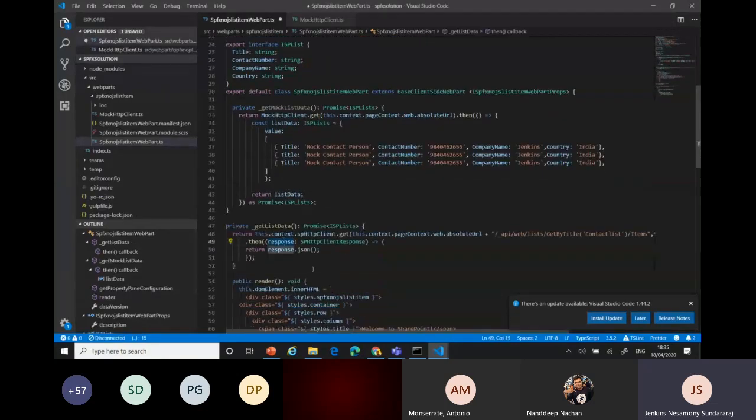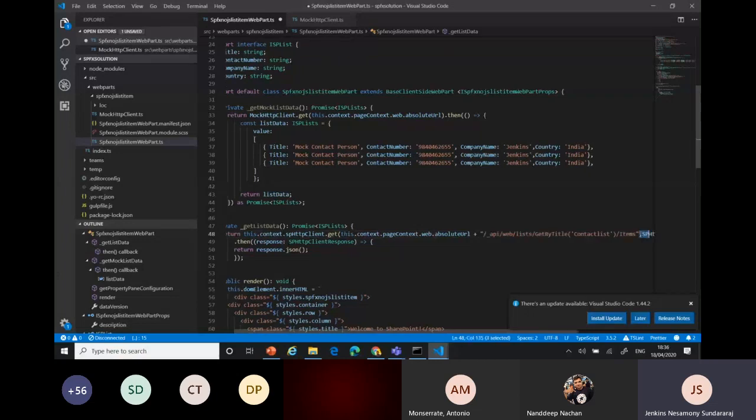Here I'm using the page context. We discussed the page context and SP HTTP client, right? Here I'm using the get verb. I talked about get, fetch, and we have the different verbs available, right? Here I'm using get because I'm getting the data, and I use the page context to get the URL of the domain where I'm coming from, and from there I can get the context list. I can say where my list is available. I'm giving the contact list name and getting it by the REST service.